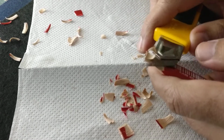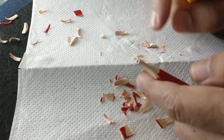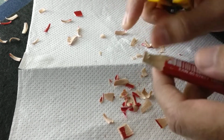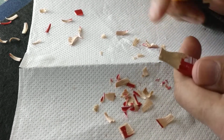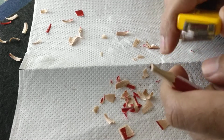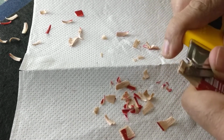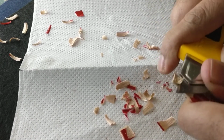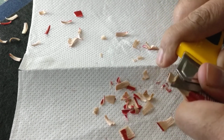Sometimes what happens is you will find yourself forcing yourself into the wood, because the wood is at some parts really soft, and sometimes due to the grains of the wood it gets a little harder as well. So it's a mix. At some places it's very soft, and at some places it's really hard. But when it comes to hard, don't push it, just go gradually, like this part. So what I will do is give it a little nudge very slowly,